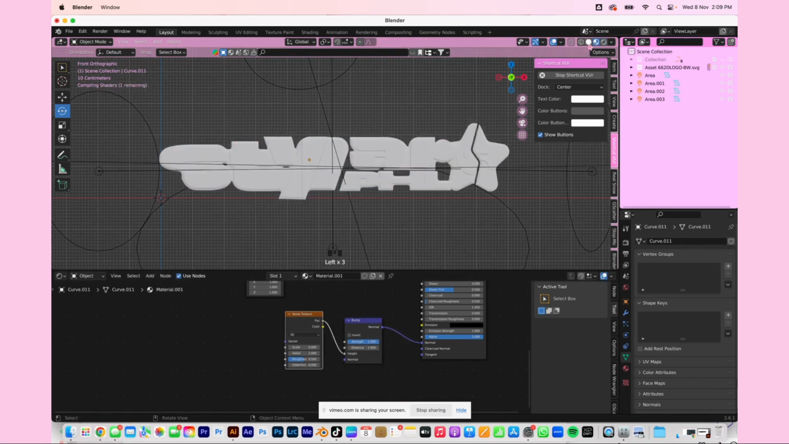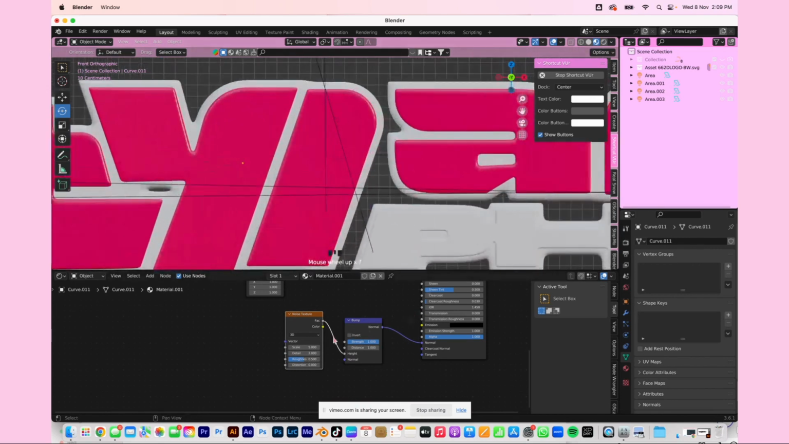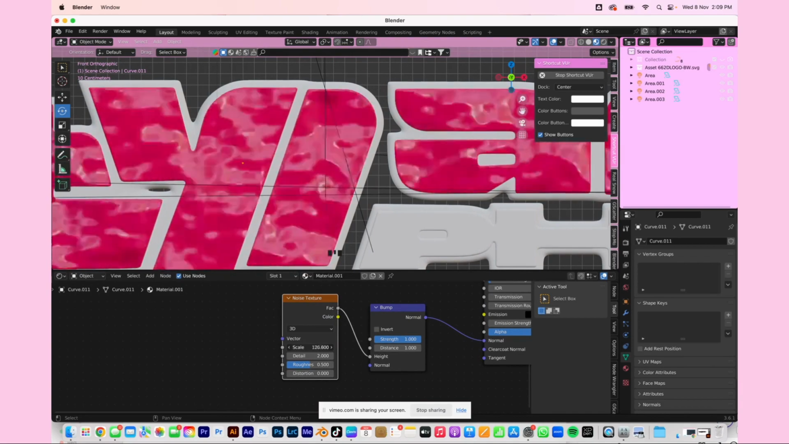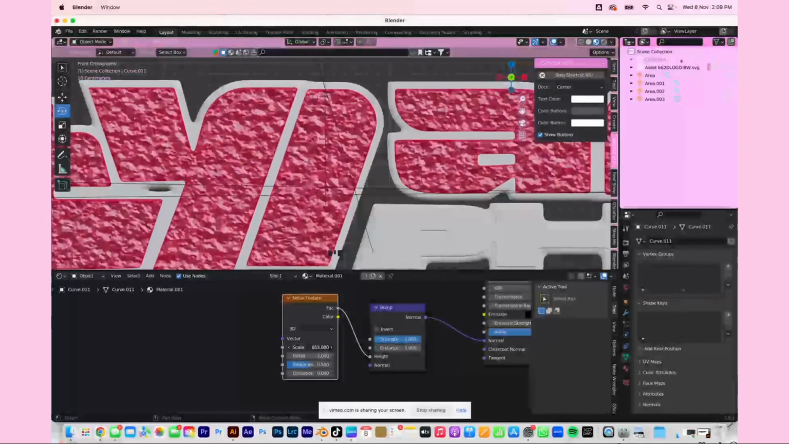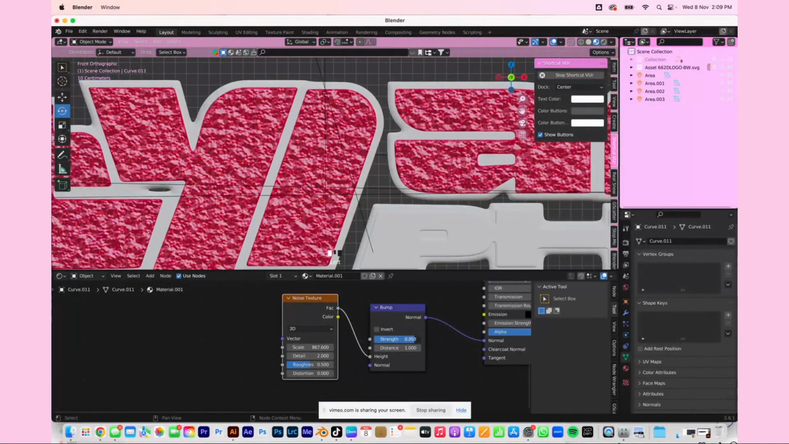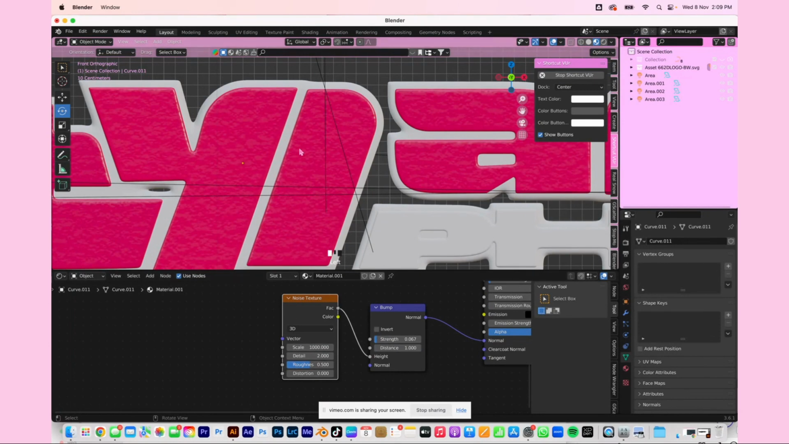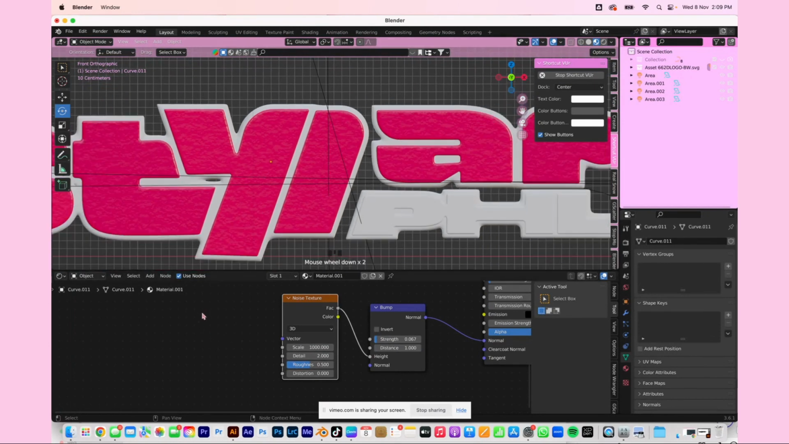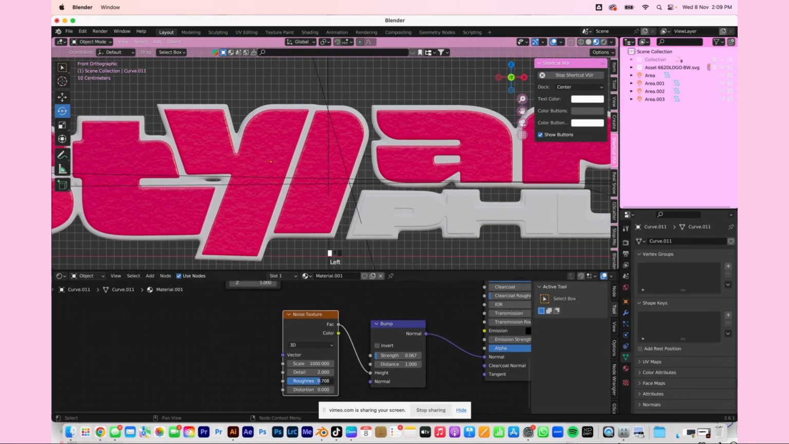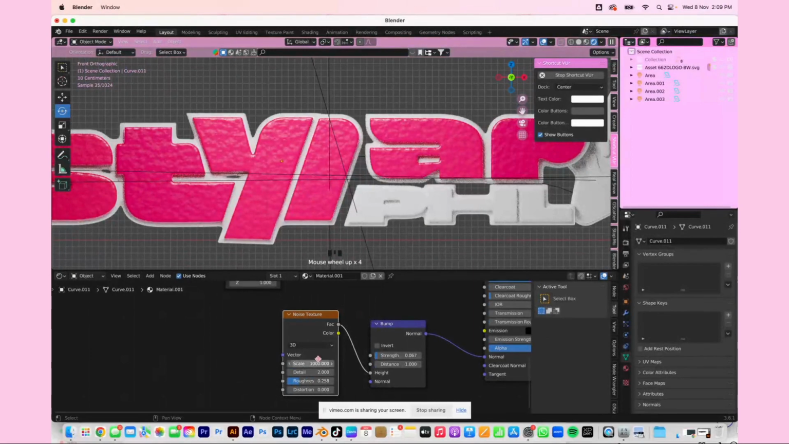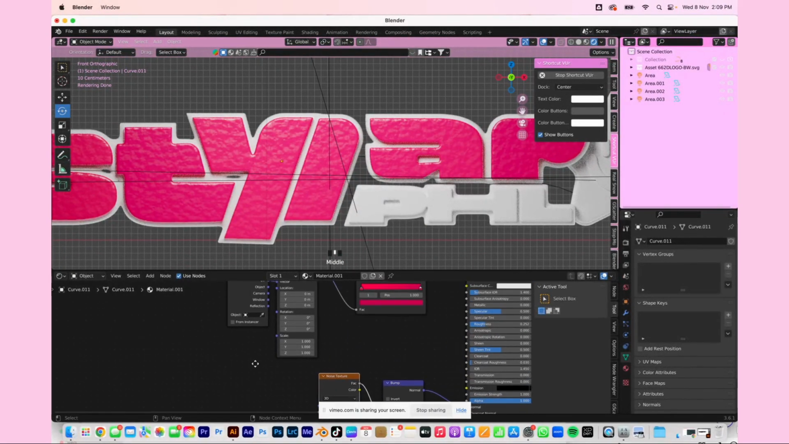I'm going to go to preview material. And if I scale this, you can see it's kind of giving a texture. And I'm going to make it really high and then bring the strength down. Okay, and see what that looks like. It's a little too large. I wish I could go more up. I guess it has to do